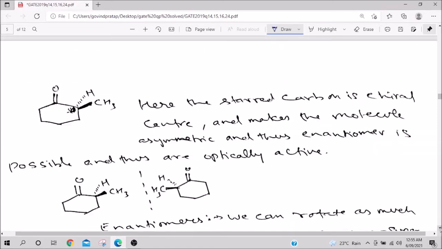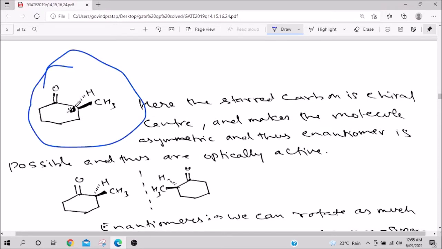Moving on to the next molecule. Now, this molecule has a chiral center here very clearly, because this carbon has 4 different substituents: hydrogen, CH3, this side's carbon is different, this side carbon is different, and therefore, if you draw the mirror image, you will get this, and